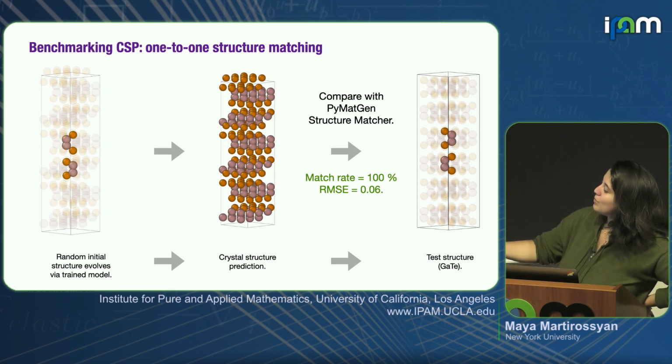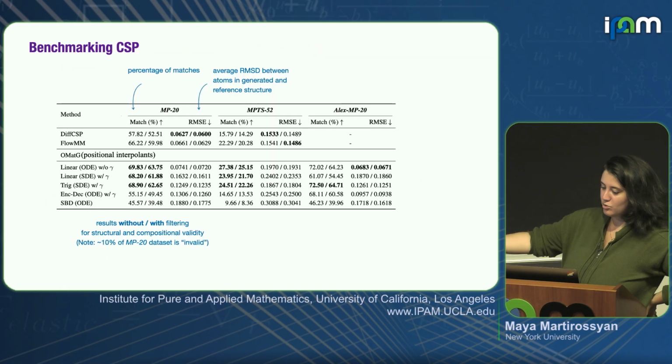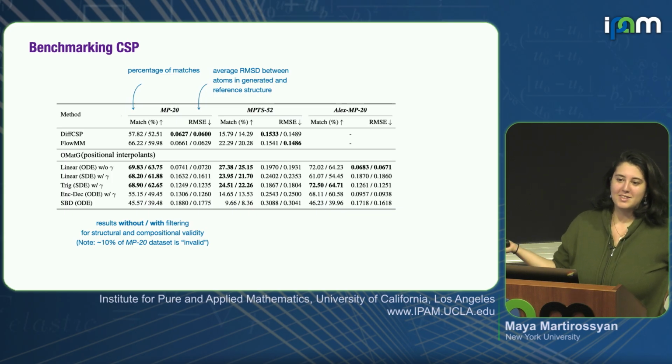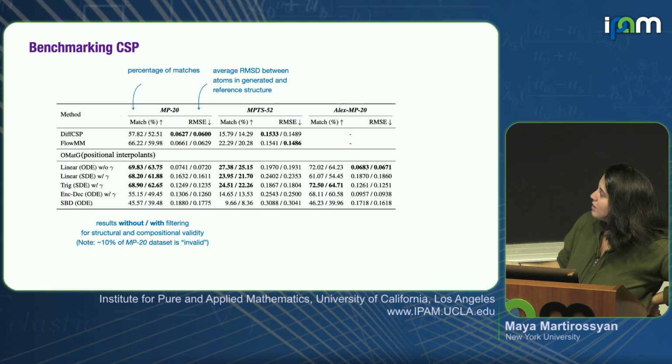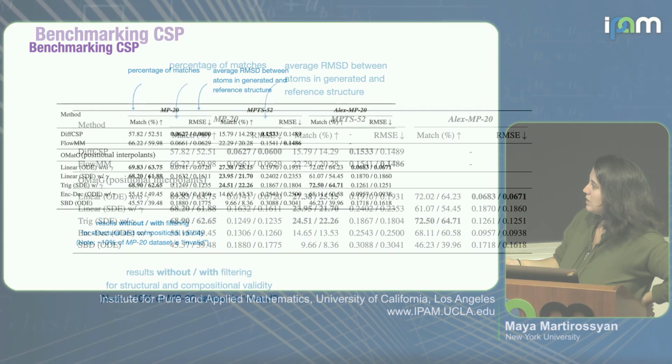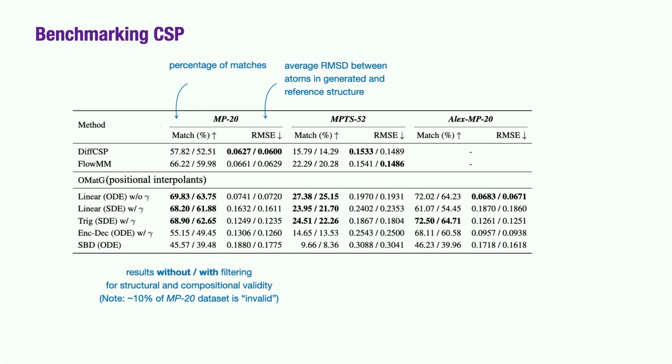Okay, so that's how you would benchmark crystal structure prediction, and computer scientists love tables, so we make these tables to show how we do on benchmarks. I don't want to talk about this whole table. It's quite a lot of numbers, but what's cool to point out, and I already got asked about why you might want different interpolants, is that some people think diffusion models are the best, and some people think conditional flow matching is the best.